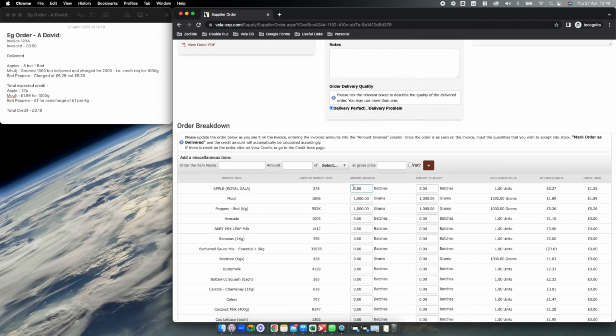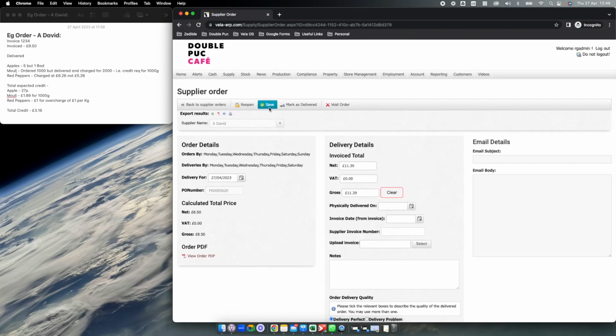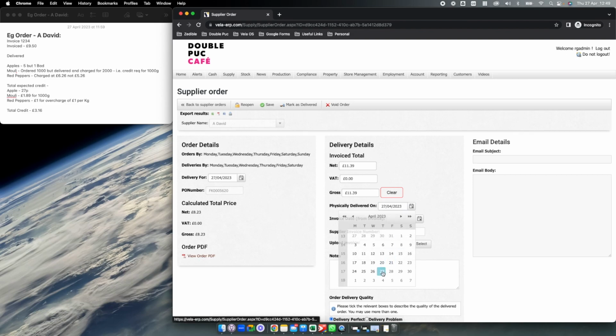So they've invoiced me for 5, but I'm only going to accept 4. They've invoiced me for 2, but I'm only going to accept 1. They've invoiced me for 1, I'm going to accept 1, but the issue lies in the pounds per kilo. So I'm going to now save that, which is going to then rework this price here. So that's cool. £11.39, delivered today,